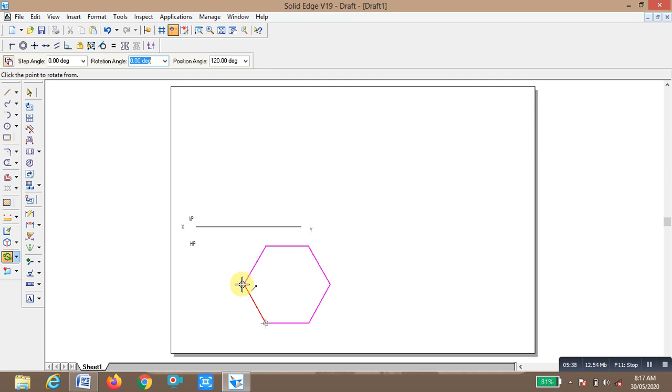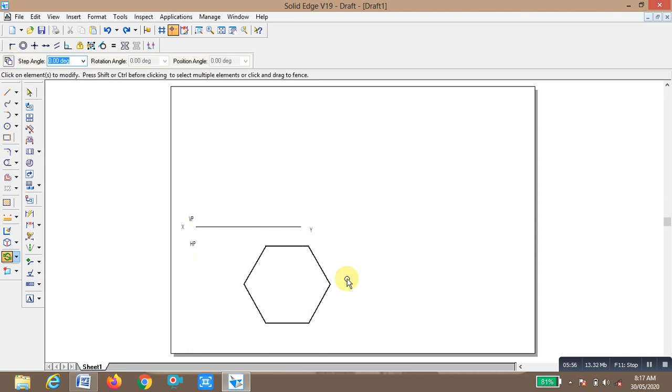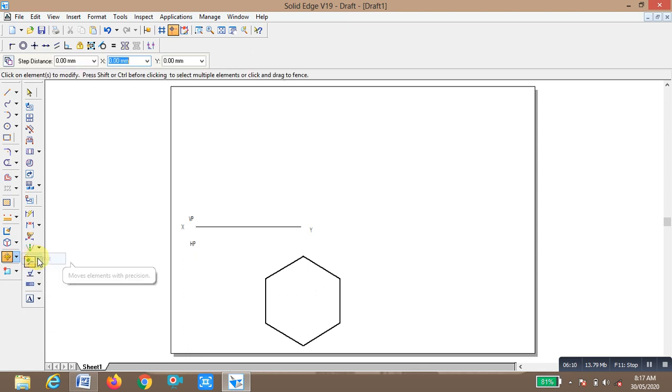Turn off the copy option in the rotate command. Click on any one of the corners, click on the second corner, and make this edge vertical. Now you can move. Go to the move command, select this object once again, click on any one of the corners, and move it to a convenient place.